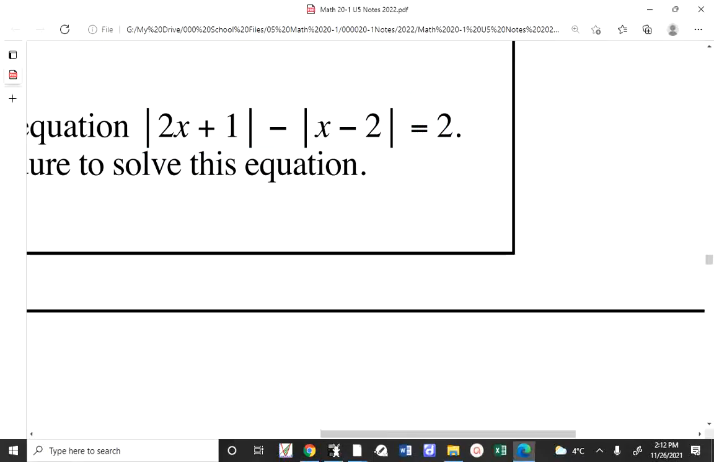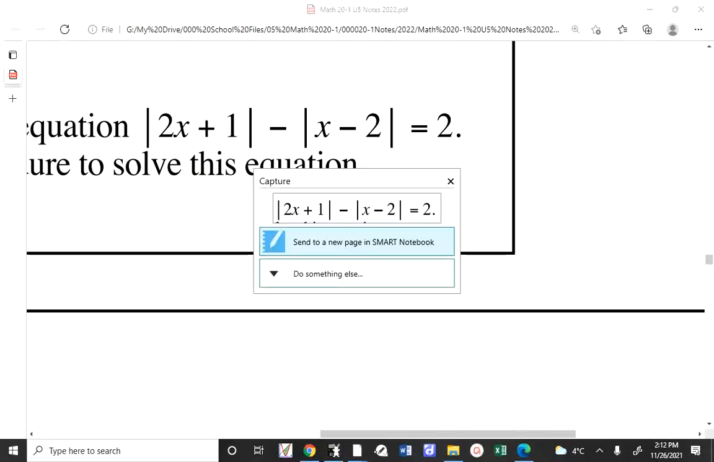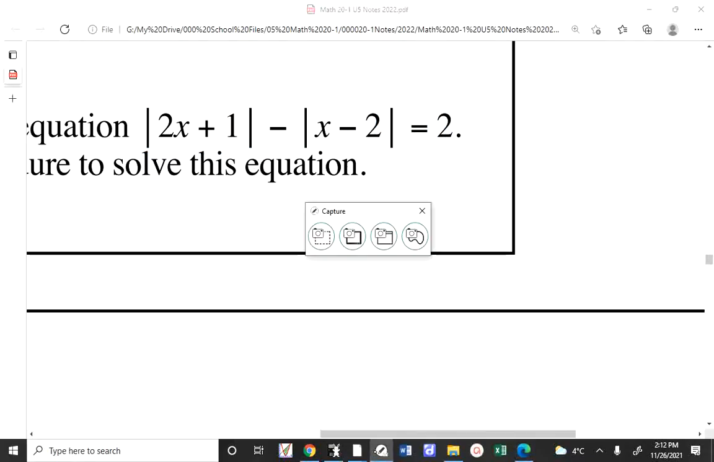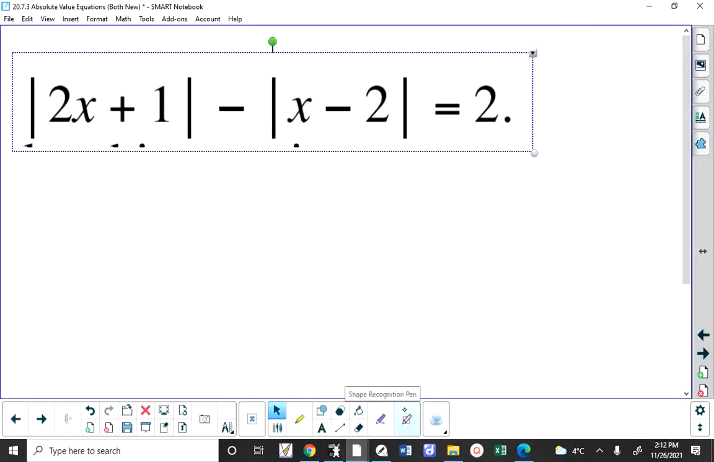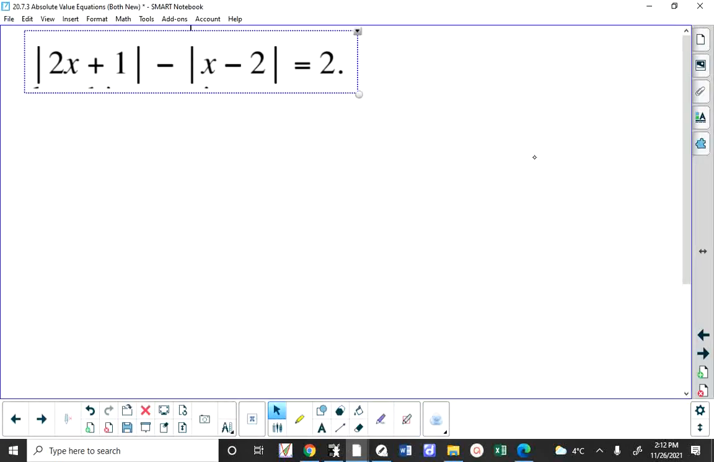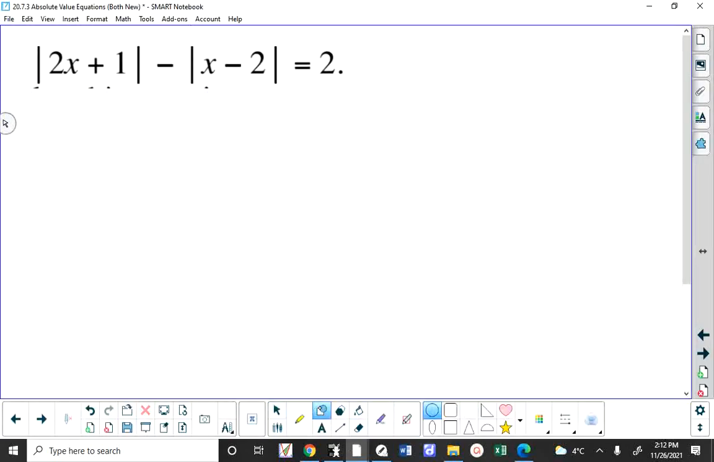So, what can we do here? Well, let's pretend that there's not the absolute value of x minus 2. Or maybe we just don't notice it right away. In other words, you're absolutely focused on the absolute value of 2x plus 1. And what you do is you say, okay,